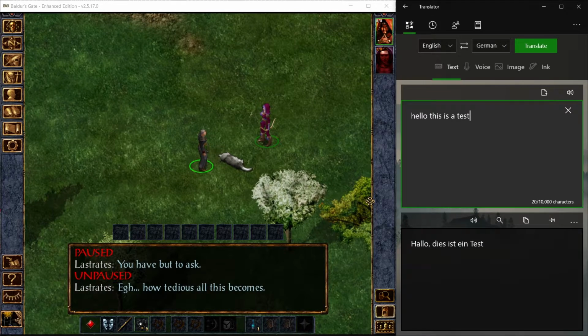the point is that Google Translate is always white, and when I want to use it on the same screen, then I can't change the brightness of this without changing this one as well. When I play a game like Baldur's Gate, I want to translate a lot of stuff, and it's a little bit easier to do this on the same screen